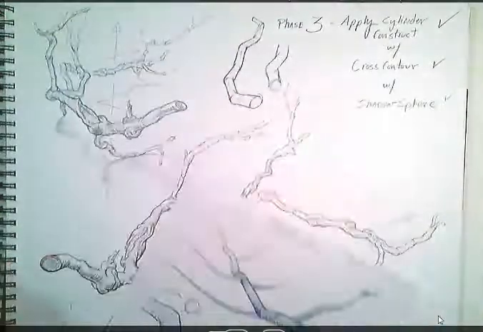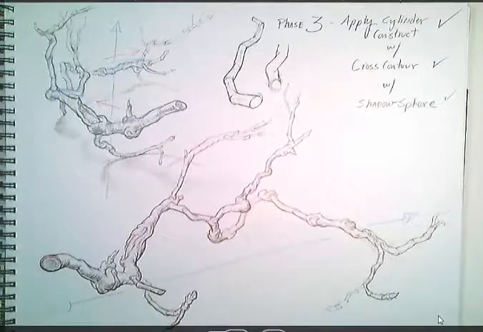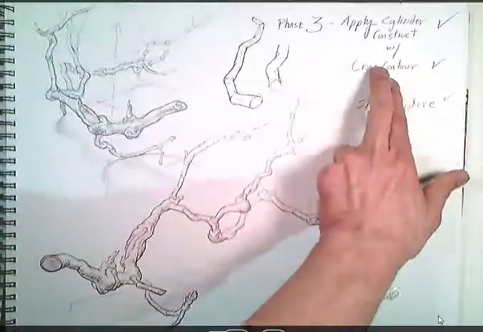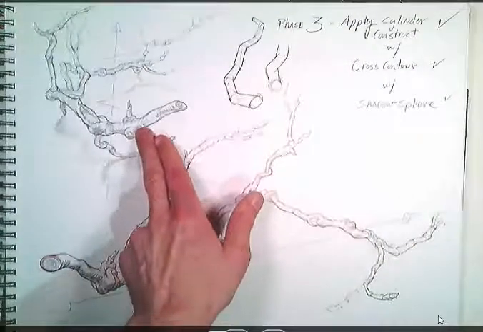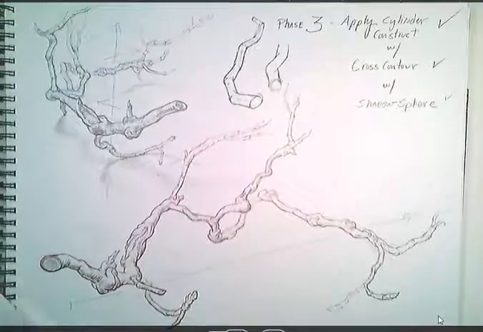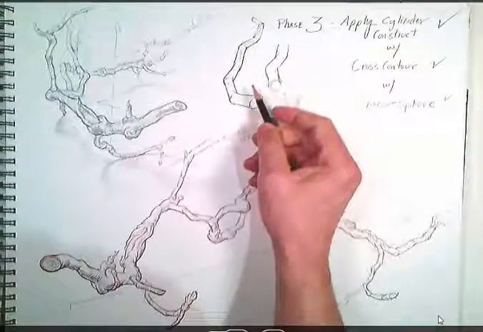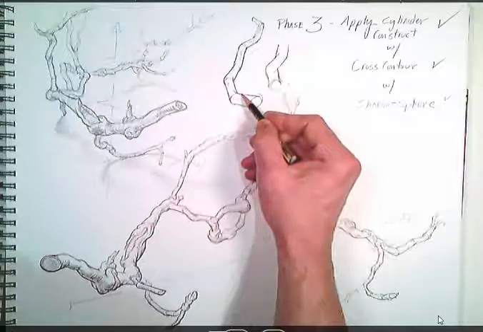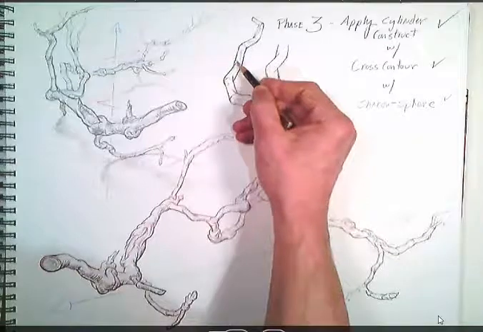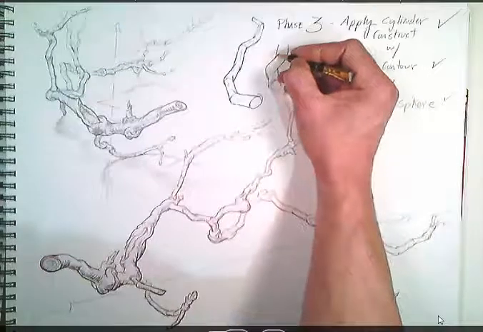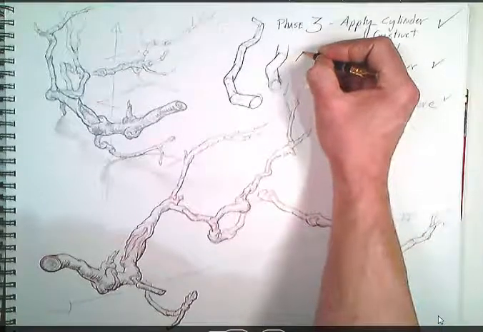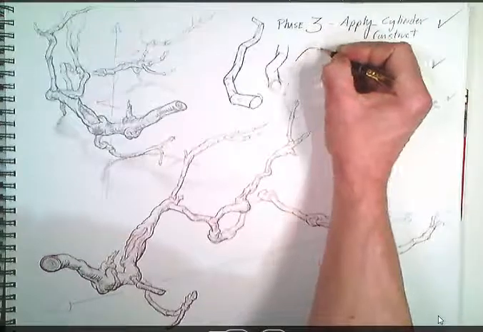Then phase 3 is to try to do one that looks more realistic. That's really incorporating the cylinder construct with the cross contour sensibility, which is going to manifest in how you do the linear value of the shadow sphere. Real clear inside to outside contour. Wherever there's a change of the cylinder here, that means that form is overlapping that one, that form is overlapping that one, overlapping that one. So that kind of sensibility of having these lines mean something when you do something like this,